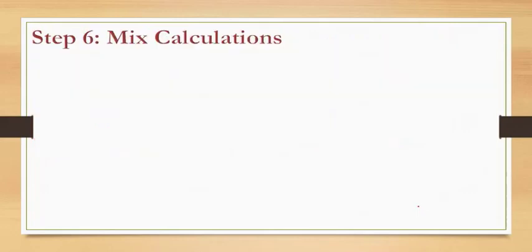Next we come to step 6, that is the mix calculations. Eta mix calculations or ami protito ingredient or concrete or protito ingredient or ami volume uliam. Now concrete or amar ki ingredient thake: cement, water, coarse aggregate and fine aggregate. Our coarse aggregate and fine aggregate are together known as the total aggregate. So to find out the volume of cement, volume of water and volume of total aggregate, first tote ami volume of concrete we will always consider as 1 meter cube. And corresponding to this, ami baki buror volume uliam.